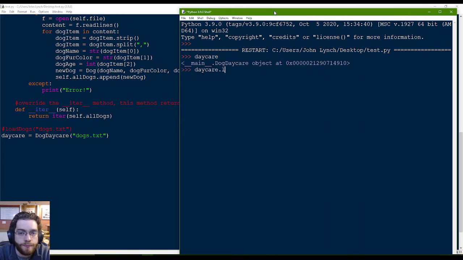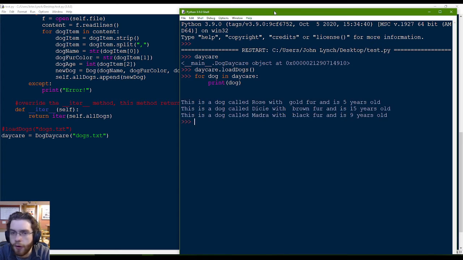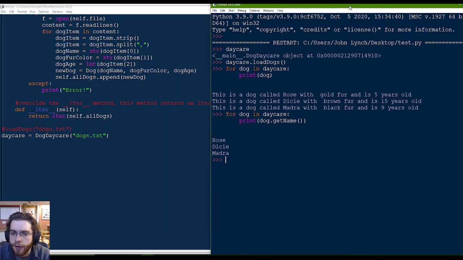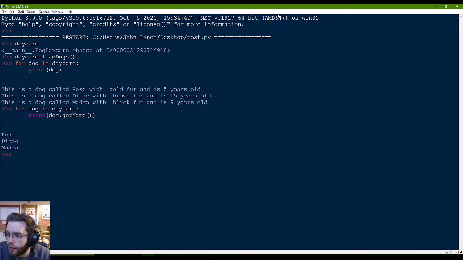Daycare is created. Let's load in our dogs. For dog in daycare, print dog. Nice, right? So now I'm getting all of them. Can I get a bit more advanced with this? What methods does my dog have access to? You can get the name. And now I have this very nice abstract data type called daycare that keeps track of all of my dog